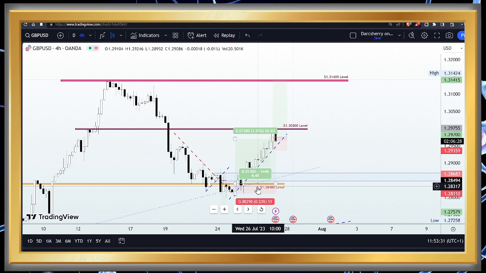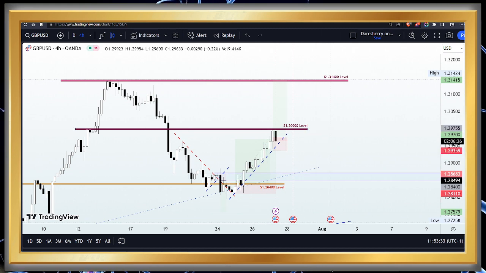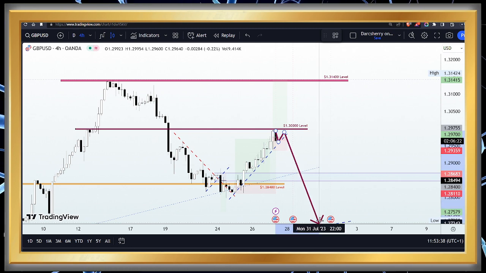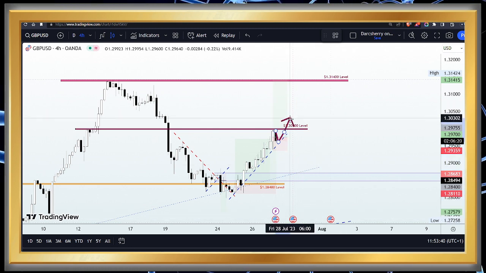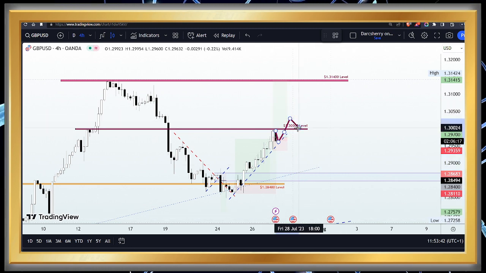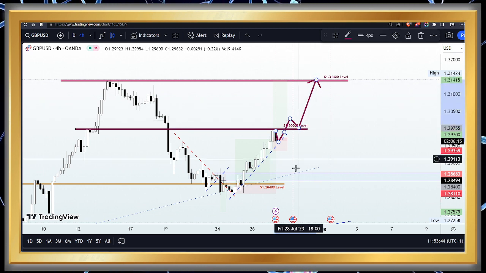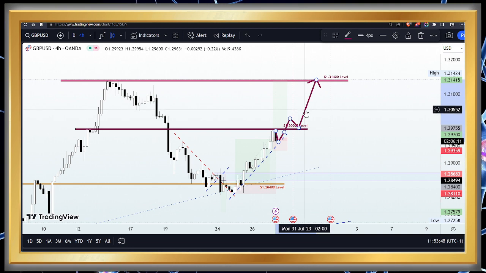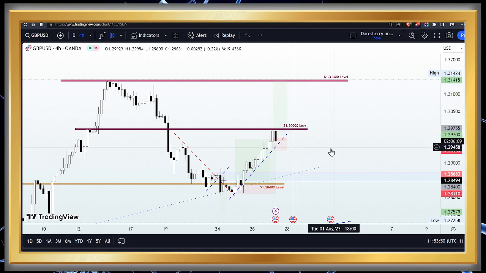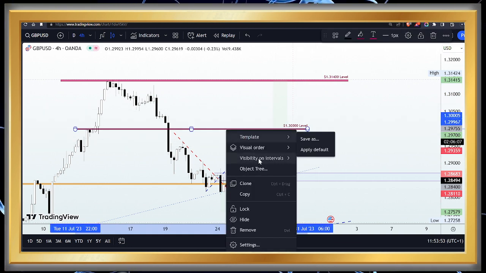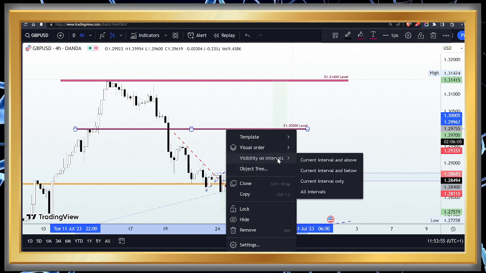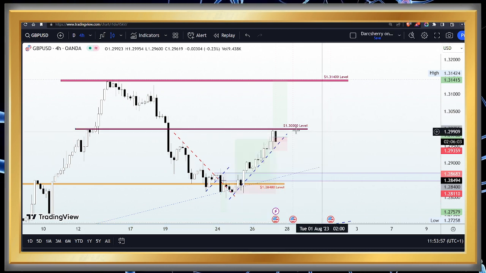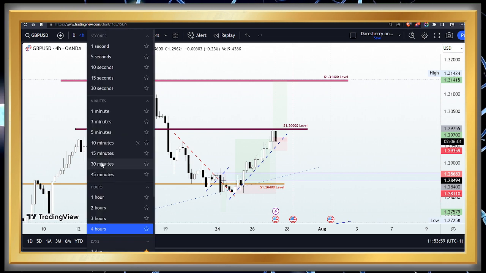So if selling pressure persists below the 1.3100 level, then we will likely be seeing a sell-off in this market. But if price breaks out of the 1.3, then this will be a good opportunity to add more position to our existing buy position. So this is how we are going to be managing this trade for today. The 1.300 level is another area to look out for trading opportunities today.